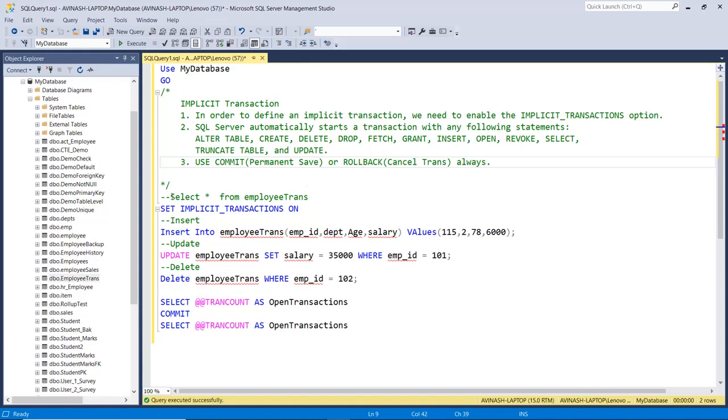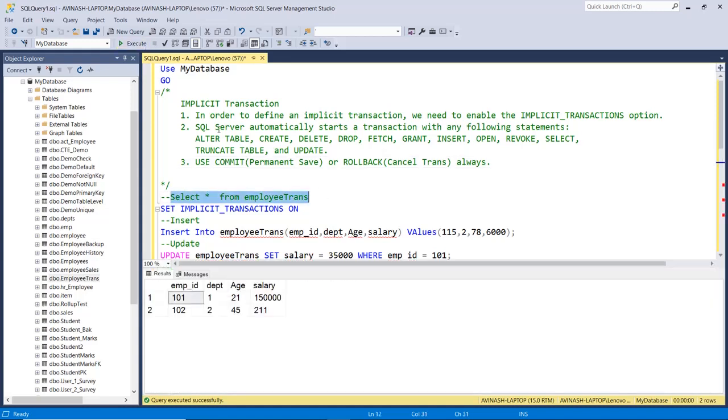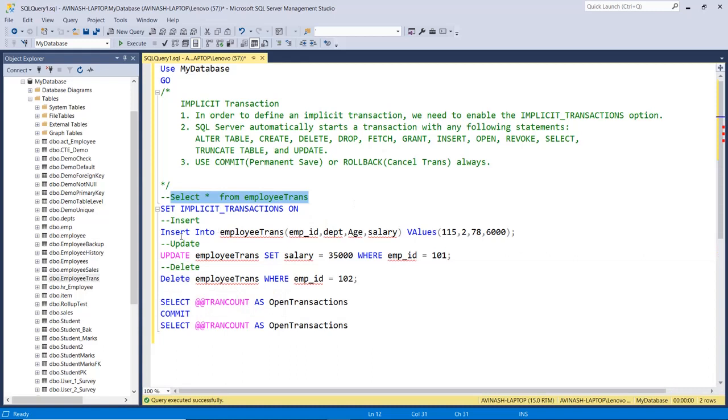So we check some data. We have two records, 101 and 102, and the salary. Then again we have three commands. Insert, we are inserting 115, then we are changing the salary to 35,000 for 101 and deleting 102.